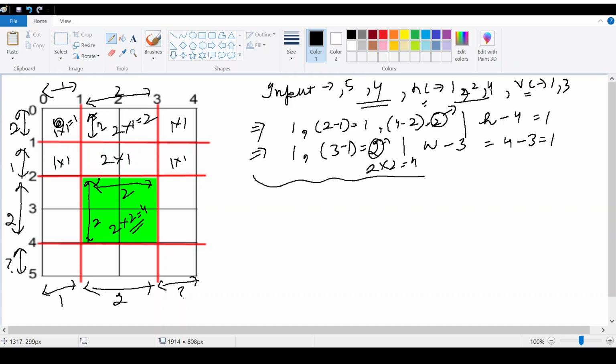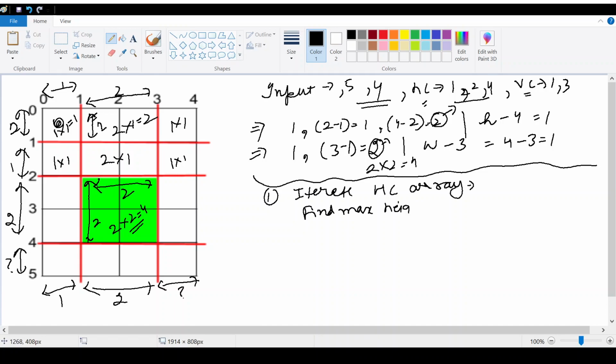So what will be the algorithm of this problem? Firstly we have to iterate the horizontal cuts array and find the max height.